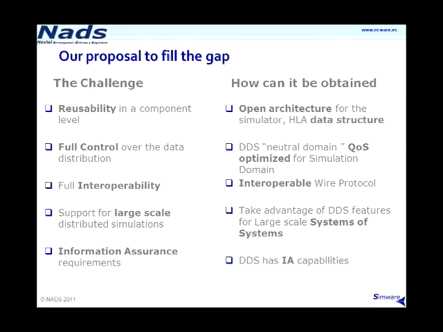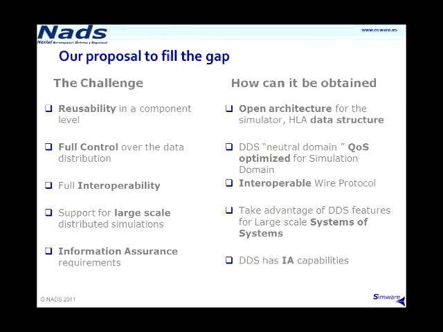For controlling the data, we offer the 22 quality of services of DDS. This allows us to control data in space and time. These quality of services can be automatically tuned to optimize the data flow. Each instance, in DDS an instance is the atomic element for publishing and subscribing, can have its own quality of service.